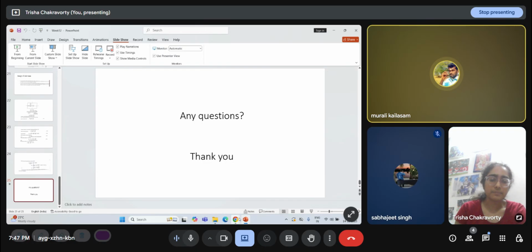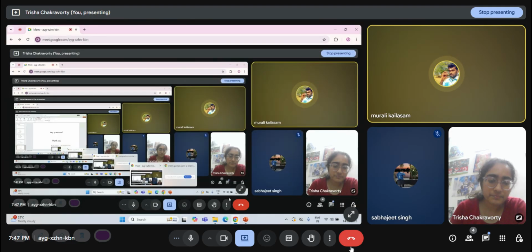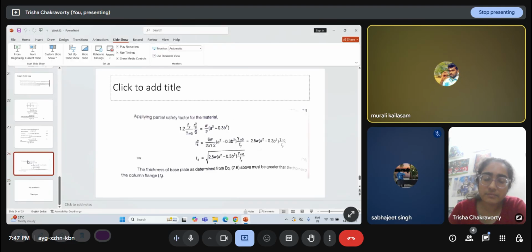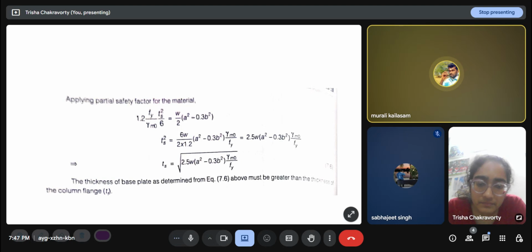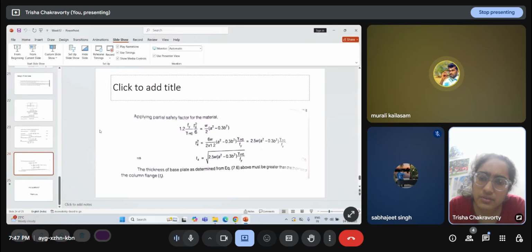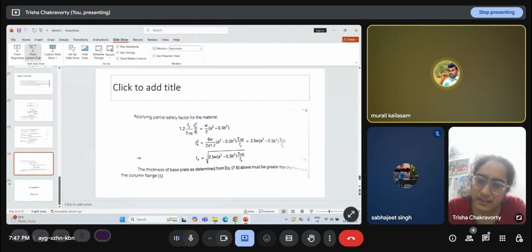Yes, go to the last slide, ma'am. This one. Before slide. Yes, ma'am. Here, the t squared by 6. In some code books it is mentioned as 5, ma'am. It cannot be 5, because that is the elastic section modulus. Which code have you seen? IS 800, I thought.